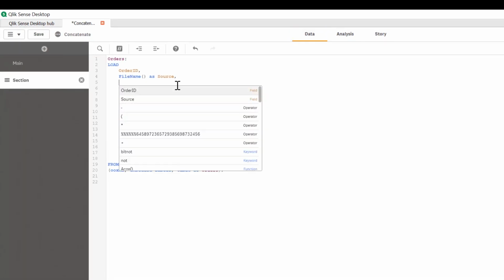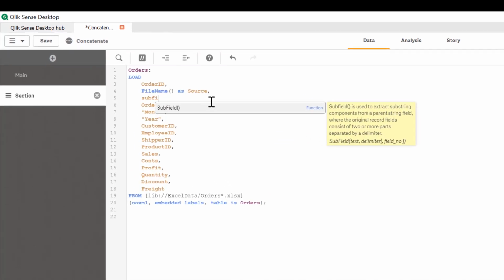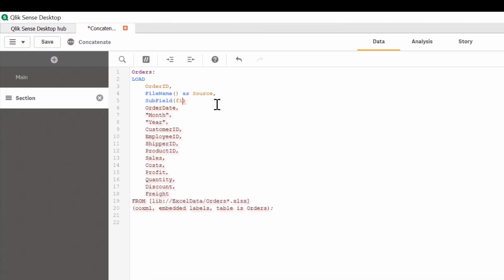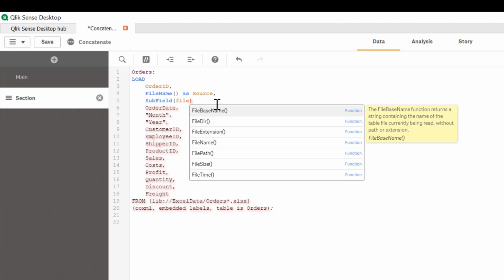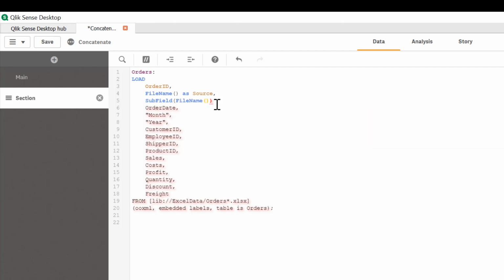We're going to start with SubField, and then we're going to use FileName since we want to split the file name into a date substring. So let's use dot as a separator, and we want the left part of the string, which will give us the date, but we need the right 8 characters. So we're going to wrap Right around that